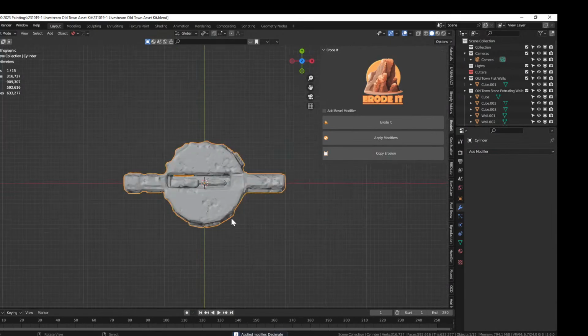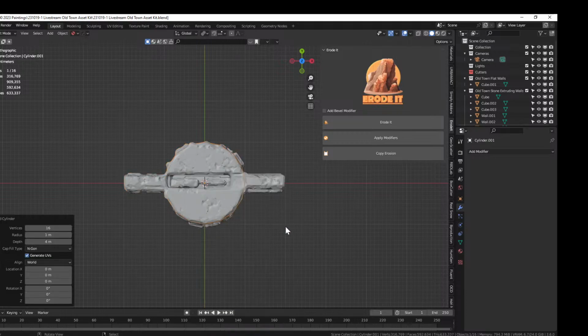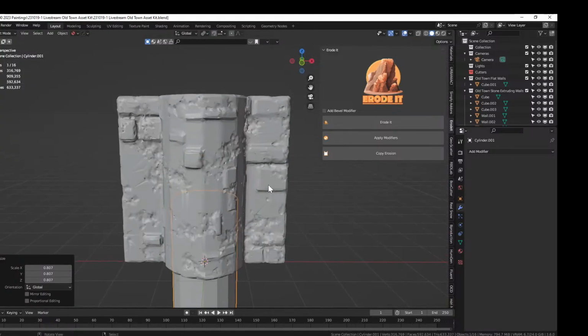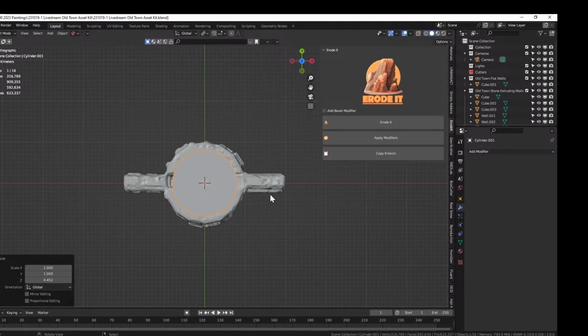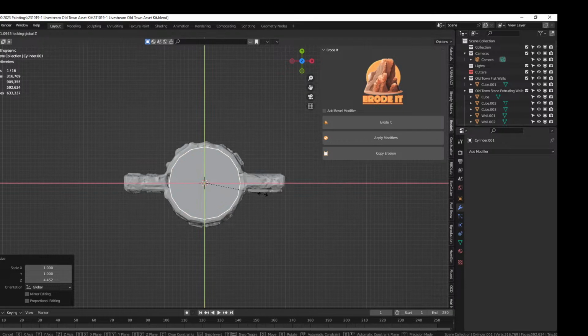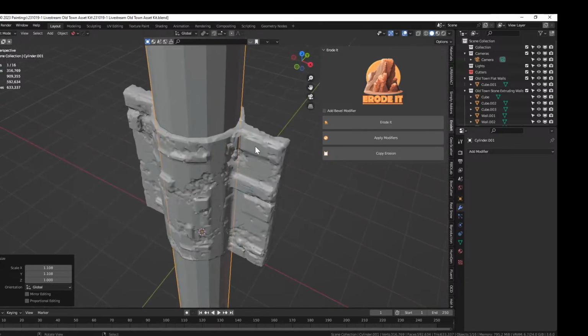Now let's Shift A, create ourselves a new cylinder. Let's get it like there, up like that. And you make it a bit bigger. So like there, sure. And cut it out of here